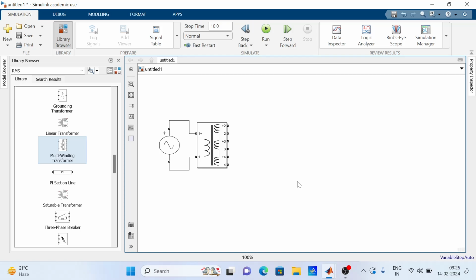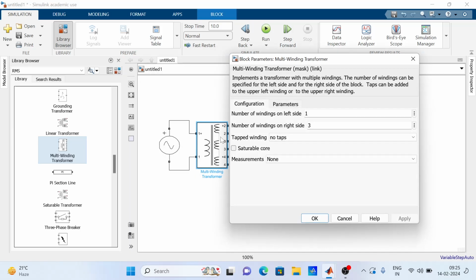This one is 1 and this is 2. So double click here. By default it is showing 3, but how many do we require? 2. So just keep it as 2 here.